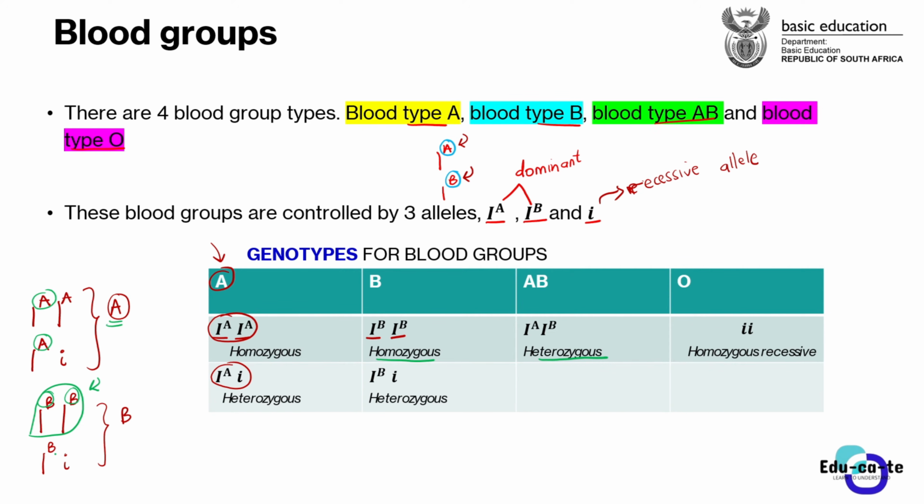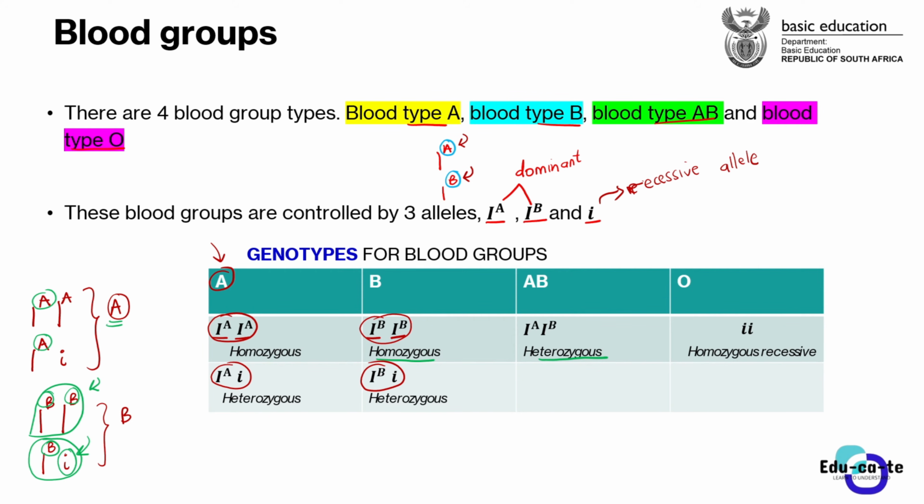The heterozygous condition would have 1 allele which has got a B on top, and will have a small letter i. Remember, the small letter i is recessive, so it is masked or not shown in the physical characteristic. It is just suppressed, but still the blood type here will be blood type B or blood group B. So this is the heterozygous condition for B. This is the homozygous condition. Both of them, their phenotype is blood type B, but their genotypes are different.